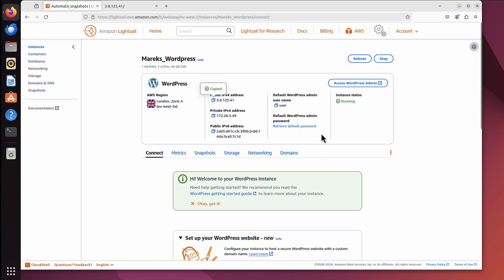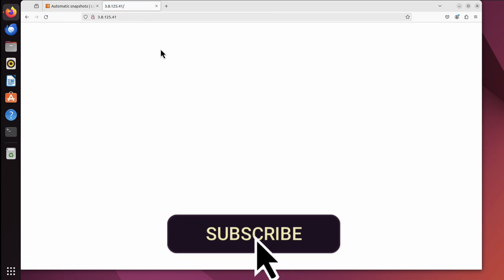Paste and go, maybe. Nothing is going on yet, but you know what? Sometimes it takes a while, because this server has just been created, and I know it says running, but you know what? Let's give it a minute or 2, or maybe even 5. So for the time being, I will just go back here and keep refreshing. Still nothing. So let me pause the video and I will get back when it's up and running.